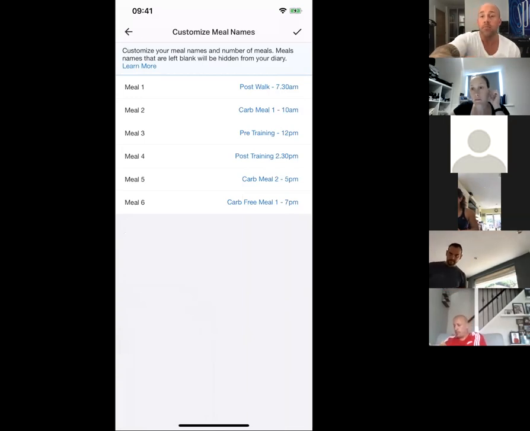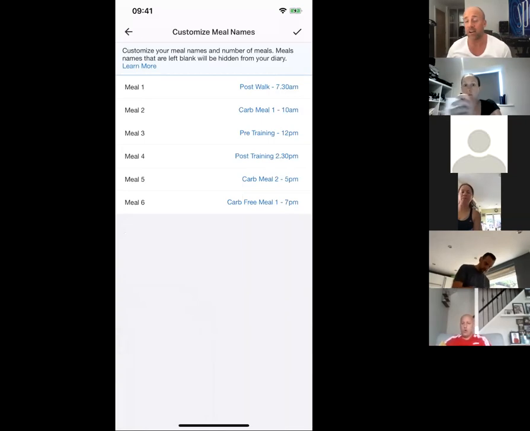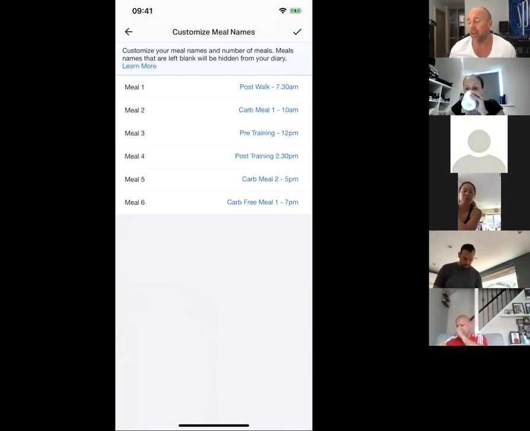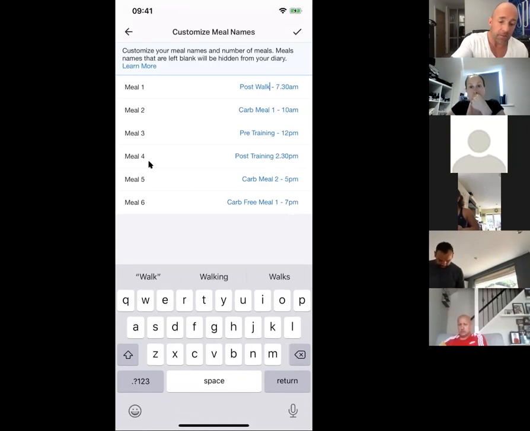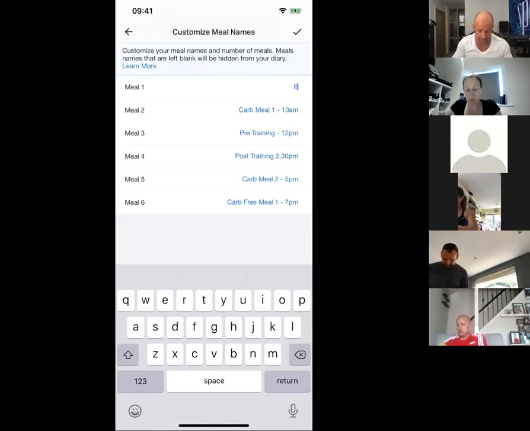So again, MyFitnessPal just sends you breakfast, lunch, dinner. I think that's how it's auto set up. Now, for me, that's only eating at 3 opportunities today. So that's why mine's split up this way, but feel free to change your settings to however you want. So for the purpose of showing you guys, we're going to go with breakfast,